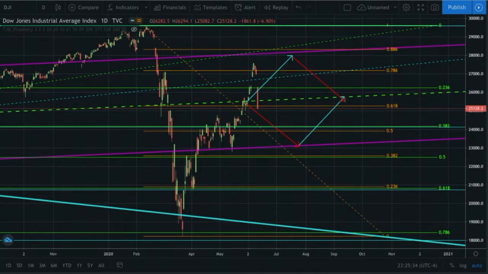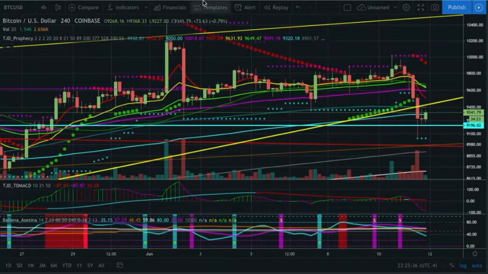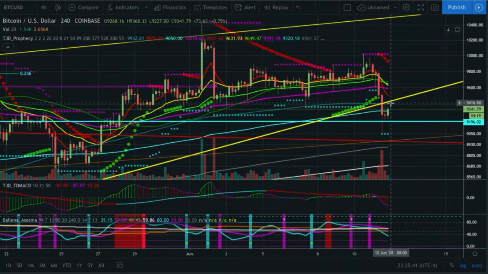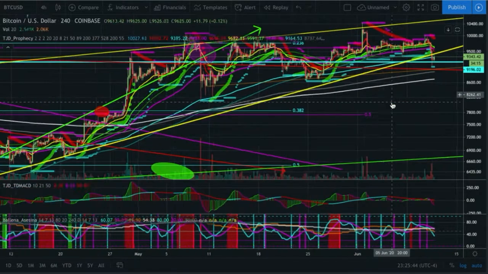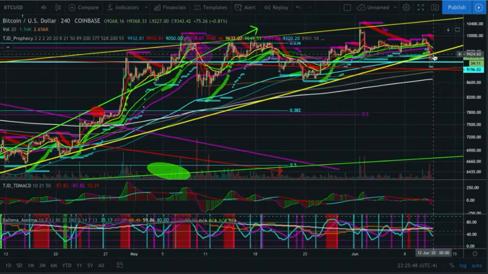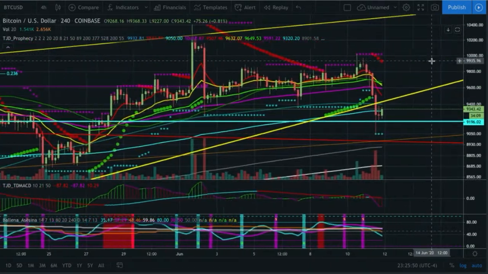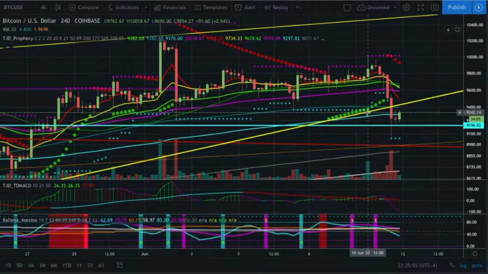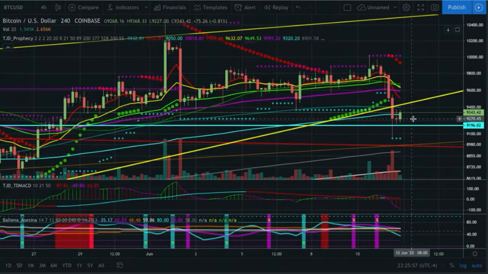Yeah, this is essentially just a retest back up to the breakdown, which was that yellow parabolic trend line on Bitcoin. So I would expect once again us to get back up here on the shorter time frame to retest the 200. I said we're going to come down here and test the 200 exponential, 200.